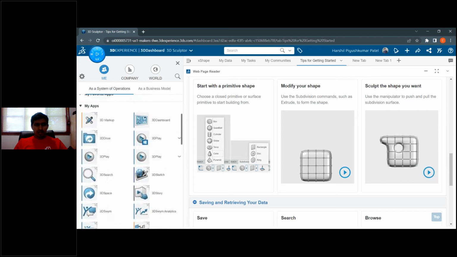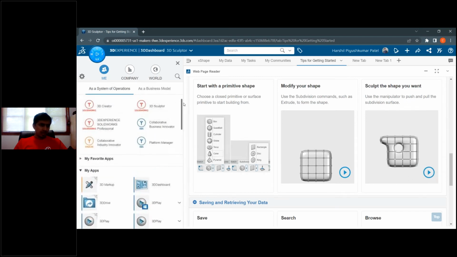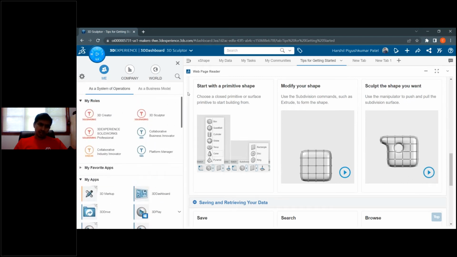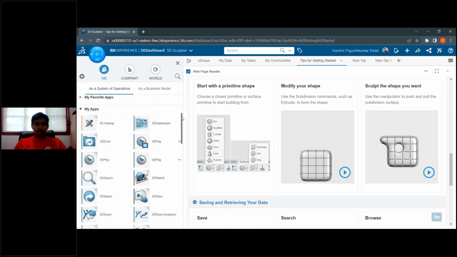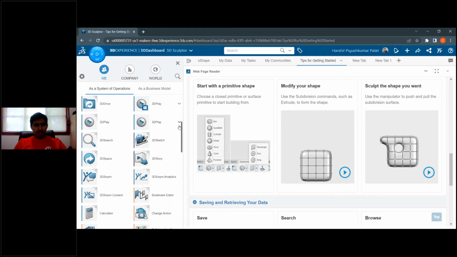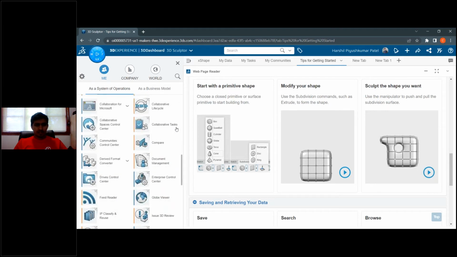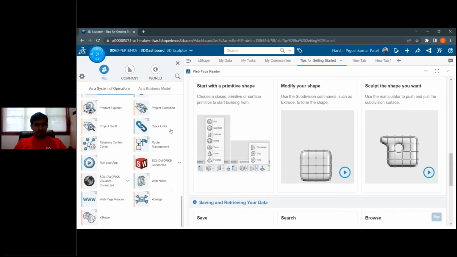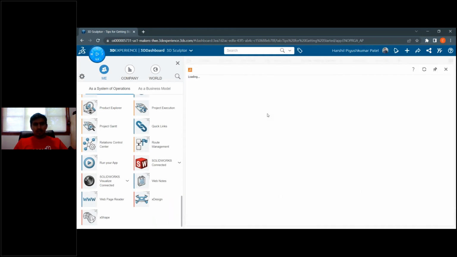So it's a bunch of various tools, and you can create anything and collaborate with your community with better designing and a better process. You can also plan.